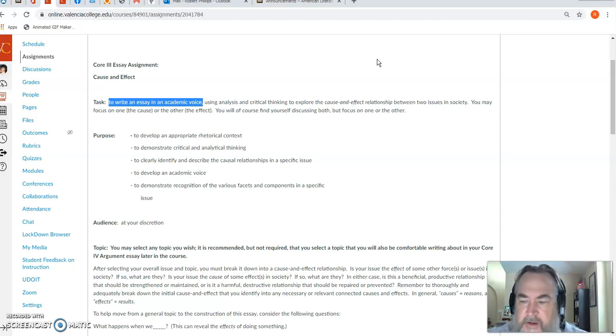Some of this obviously might be based on your opinions, but to that extent, anytime you're writing like this, phrases like "in my opinion," "I believe," "I think," those phrases really aren't necessary. As a general rule, anytime you find yourself writing a sentence where you say "in my opinion" or "I think," you can probably literally scratch out those words and have a much more powerful statement.